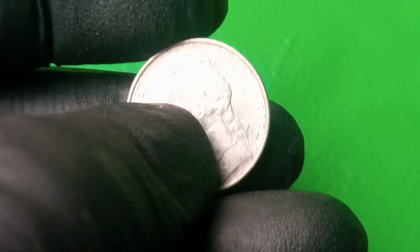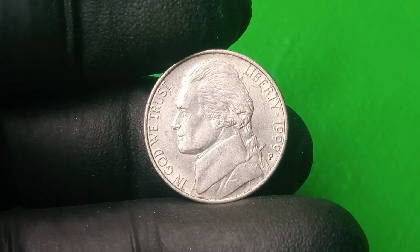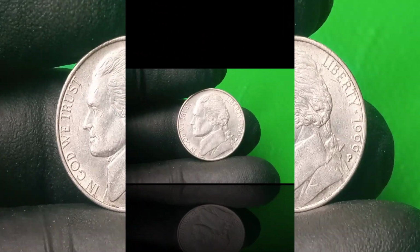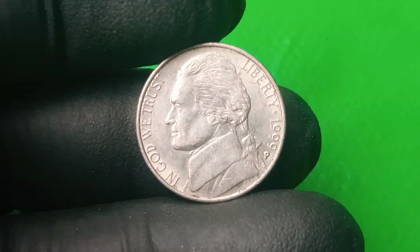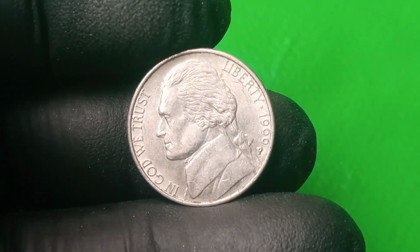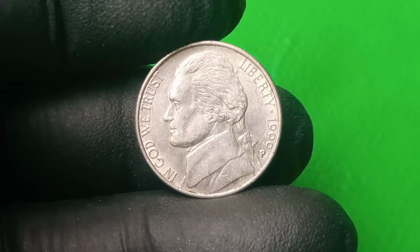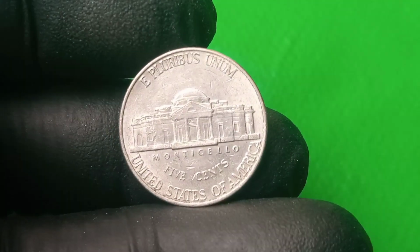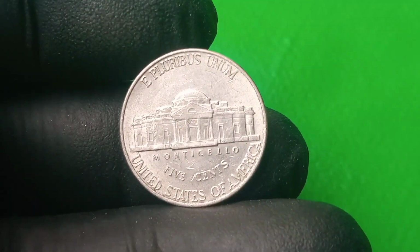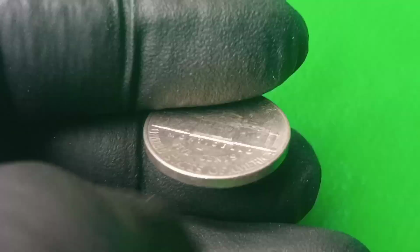How many undocumented die varieties were struck in haste, under pressure, maybe as part of a covert batch printed during off-hours or test runs related to new mint equipment upgrades rumored to have been installed in '99, upgrades never fully accounted for in public documentation? And then we must ask what prompted that year's sudden uptick in die degradation on nickels alone, and why Jefferson's face appears unusually soft in strike on certain batches but sharply detailed on others from the same minting period, and